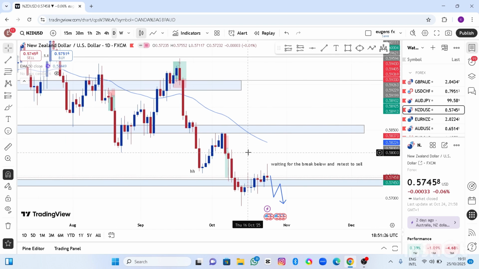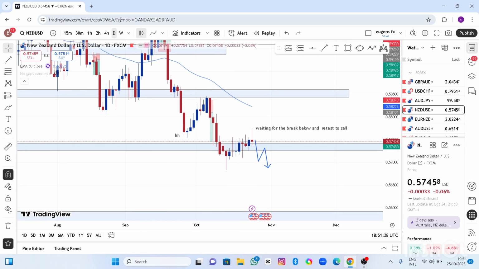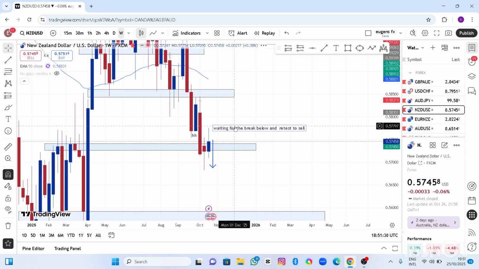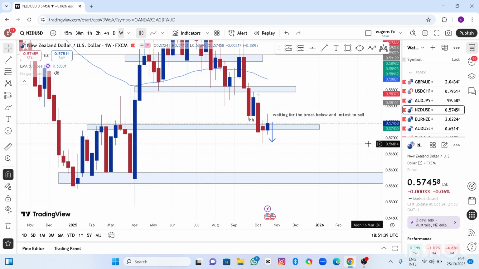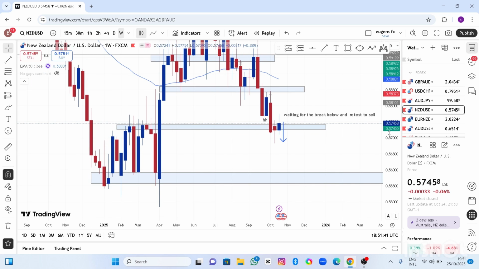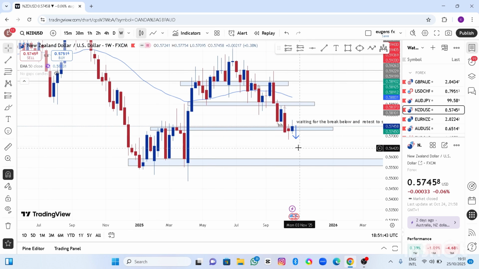So NZDUSD has done me dirty last week. Last week I took 2 trades, GBPUSD and AUDUSD. I had 1 win and 1 loss. But I see that last week was actually preparing for this week. So the weekly time frame now,